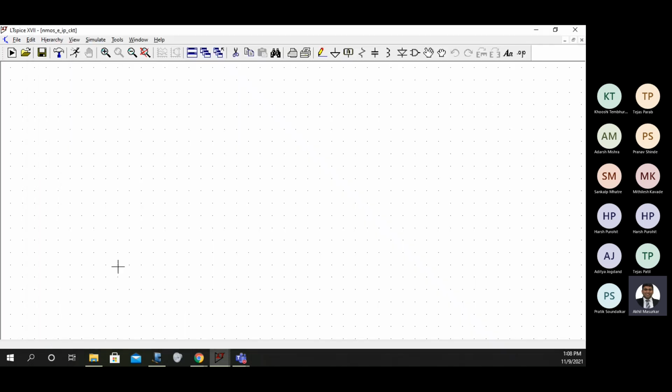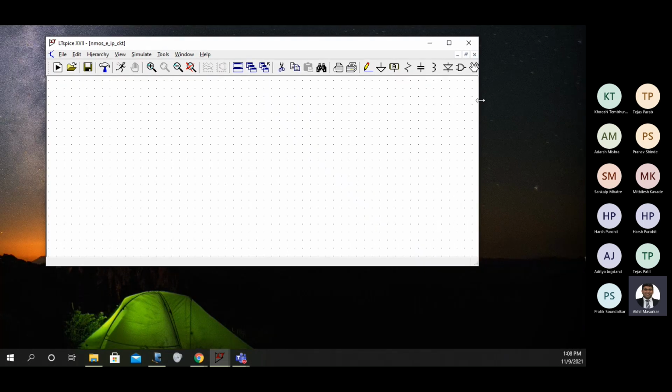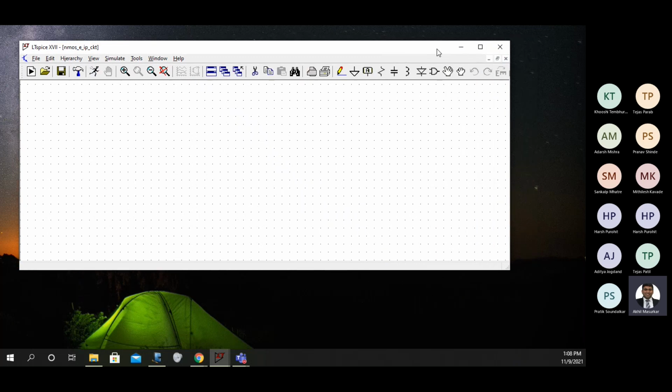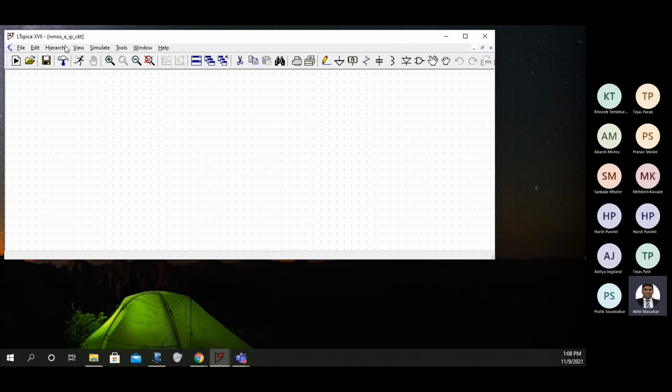I'll just name it NMOS_E_input, and we are going to see the circuit diagram of this. Okay, now at the same time just minimize this. Okay, and with the same name,